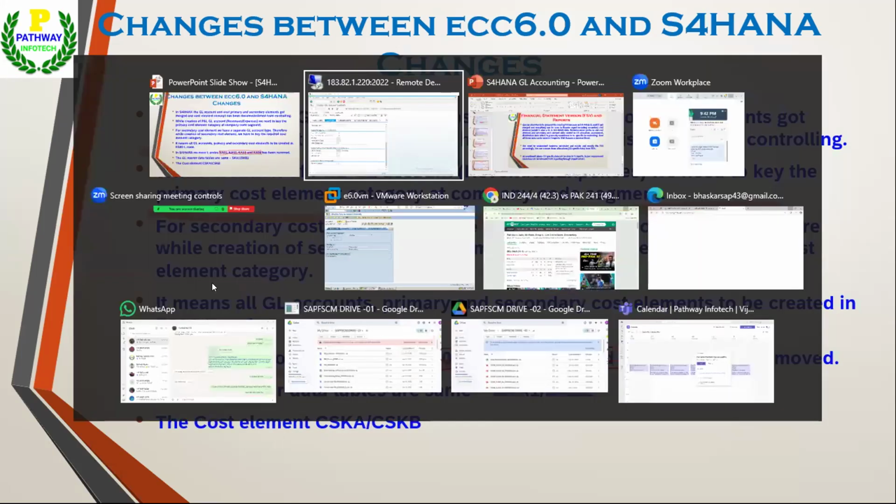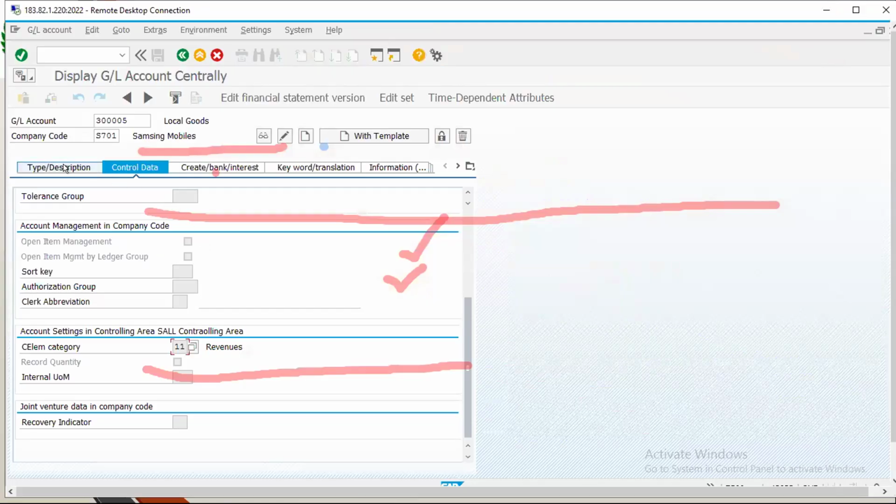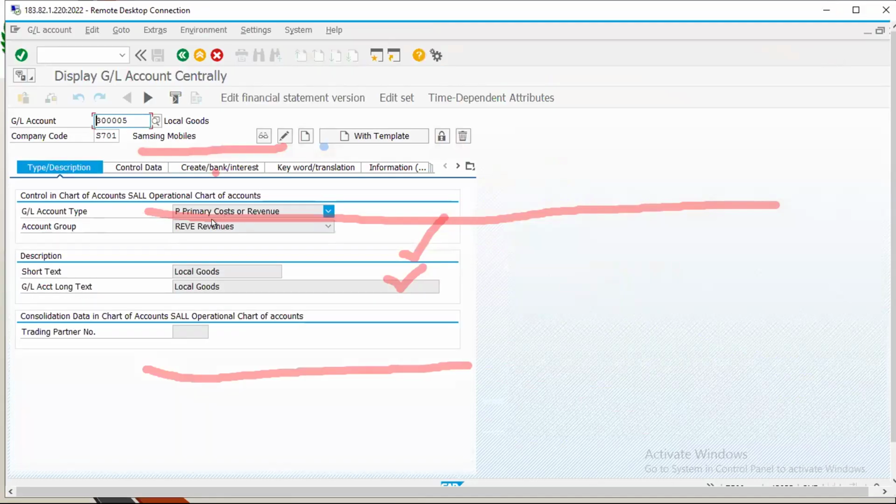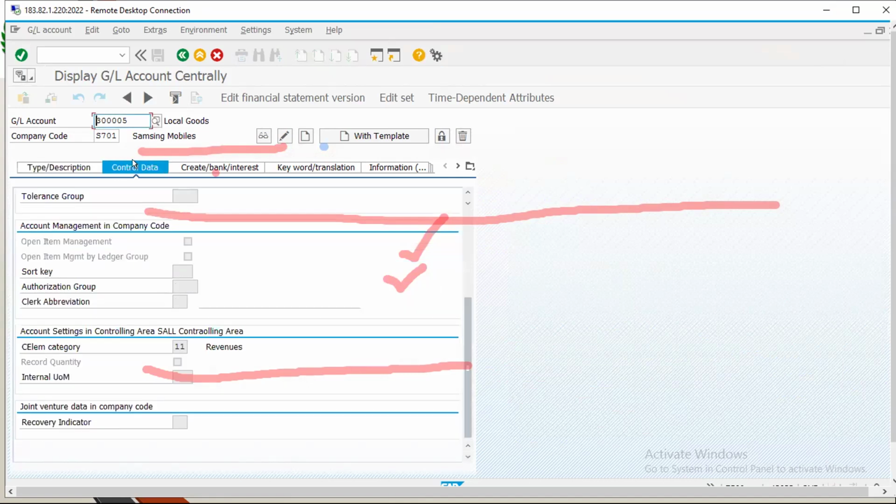So in S4 HANA, if the GL account is related to a secondary cost element, you must select the account type secondary costs, and only then will the secondary cost element related categories appear here.